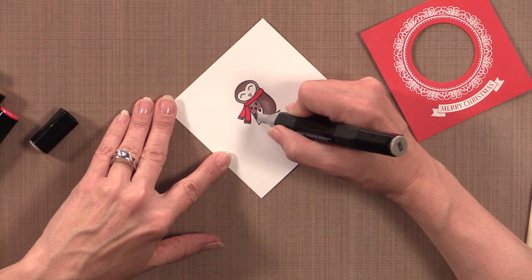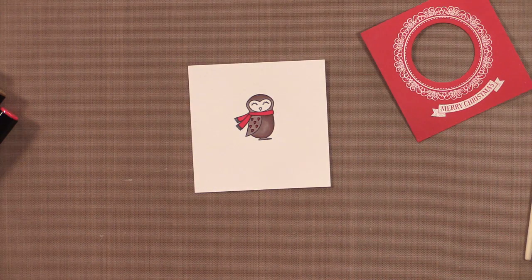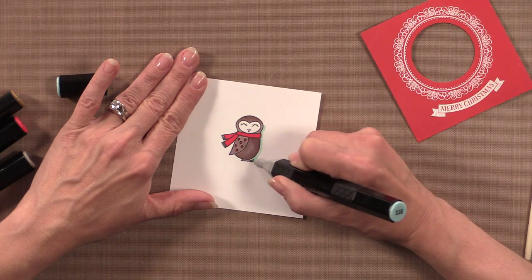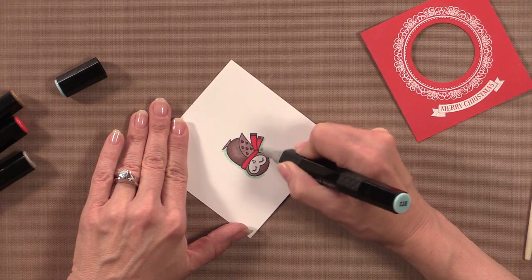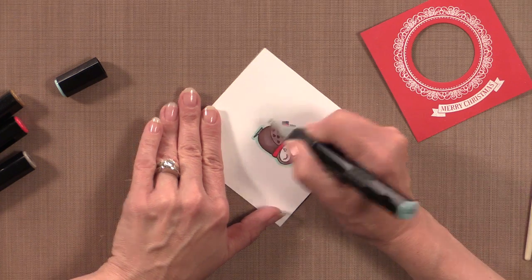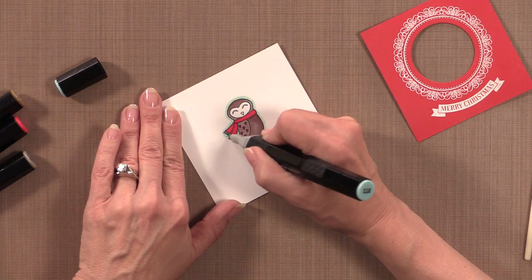And whenever I do winter cards, I really like to create the illusion of being chilly. So I'm going to do that by using this real soft blue. This is the BT2. And I'm going to color just around the perimeter, just to add a little bit of coolness around the outside of this image. Nothing like a soft blue. You can use any of the real pale blues. Maybe you like a more purpley blue or just a more true blue. But I kind of like this one because it has a little bit of that turquoise in it, which means it has a little bit of green undertone, which will look nice up against that Christmas pine that I'm going to use